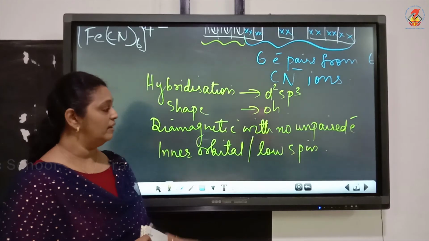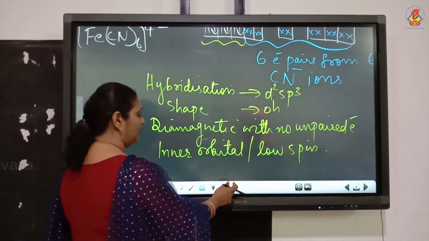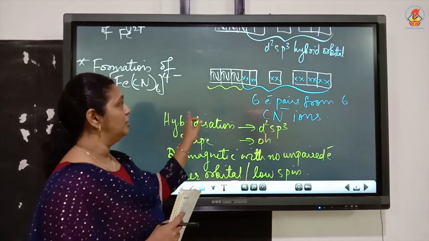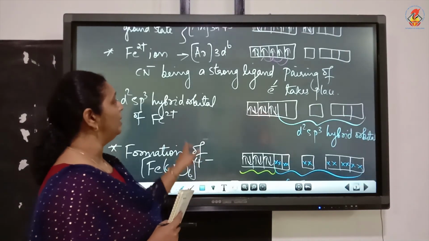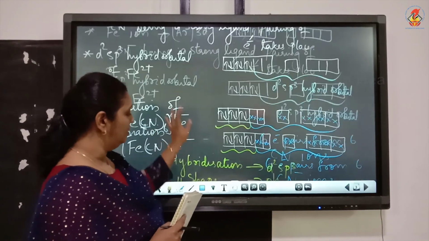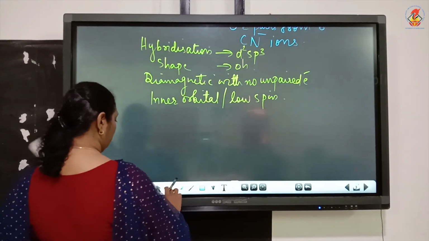Okay, so this was our second example. Now one more example we have. So whenever the question is asked to explain, you have to show the orbital diagram, electronic configuration like this, and write the informations. Now one more example, that is